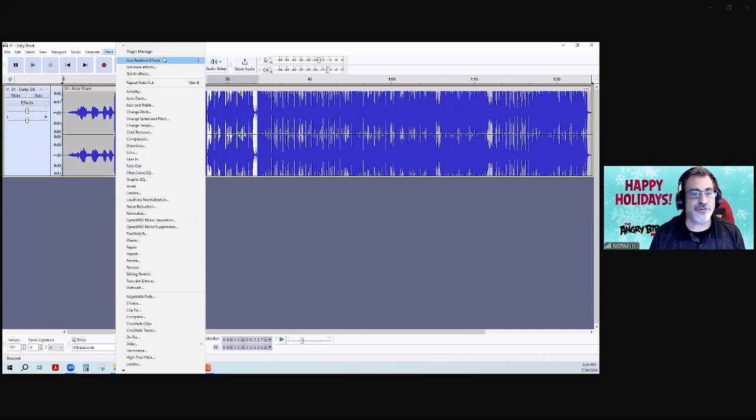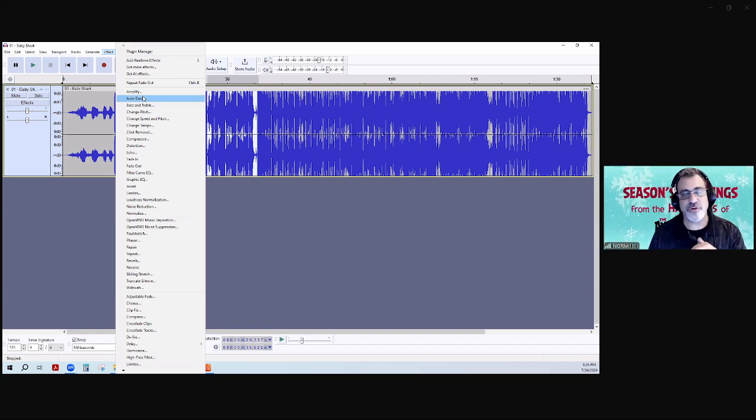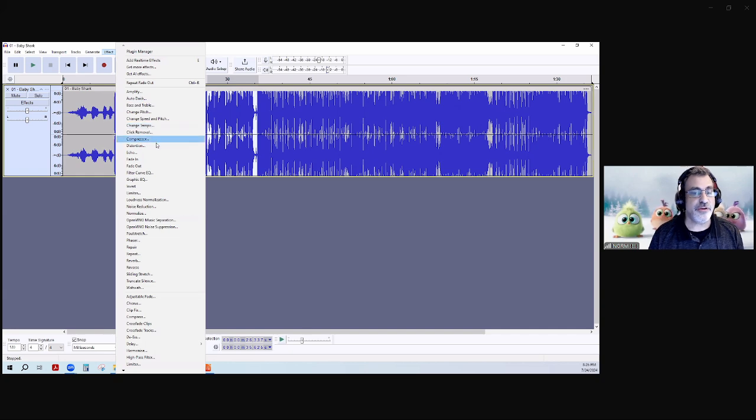So this is what we're talking about. We'll show this in a second. This real-time effects, because again, that's new. Bass and treble, you can change your audio on a file. We'll talk about auto ducking, which is kind of cool. I'll show you an example of what ducking is. Ducking is where you automatically decrease the volume on one track because you have another track in there, right? But again, everything you see you can do here manually.